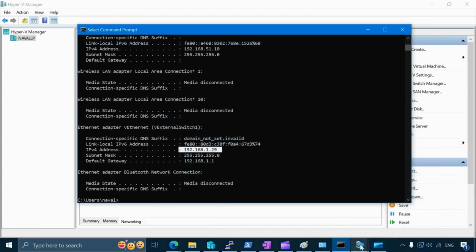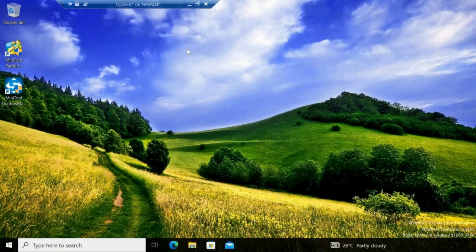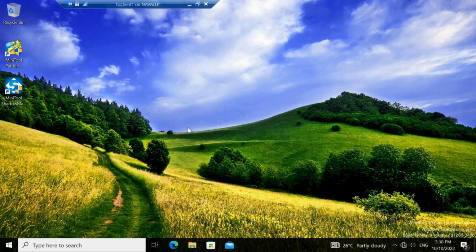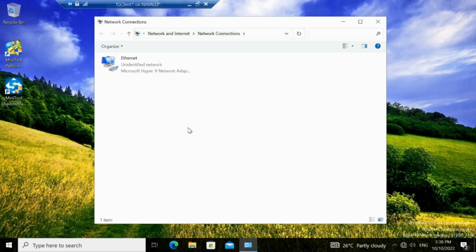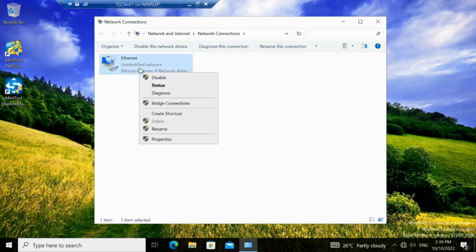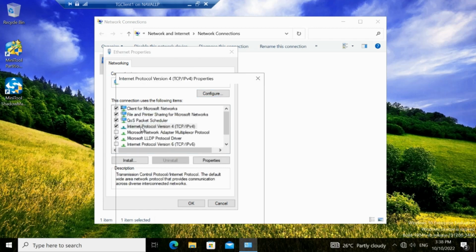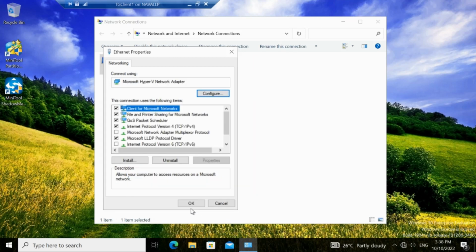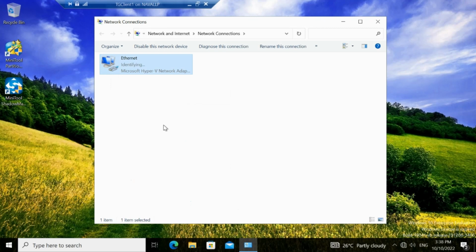Right now, let's go back to our other virtual machine, TG Client 1, and make sure that it is also assigned an IP address from the same range, which is the 192.168.1.0 network. Let's go to properties and make sure that it is selected for dynamic IP addressing. Right now, it's assigned the static IP address from our previous video, so let's click this one, obtain an IP address automatically, and do the same. All right, let's hit OK, and then OK once again,